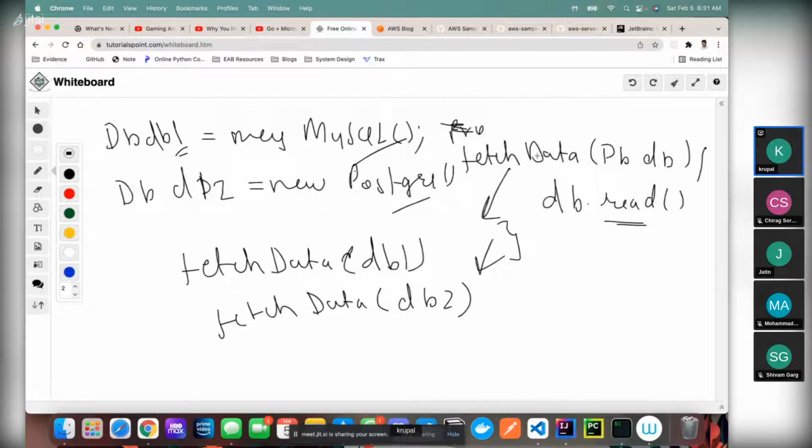Correct. So this is called polymorphism, right? So to make it generic, in case you have multiple DBs and you want to call the read function of all the different DBs, but we don't want to have separate fetch data functions for all of them, then